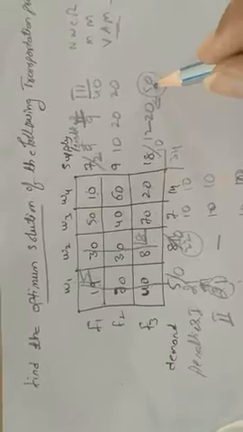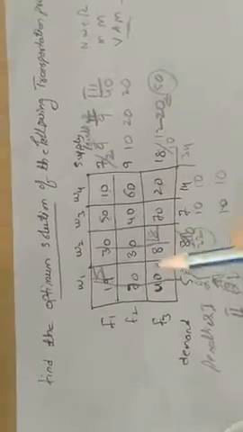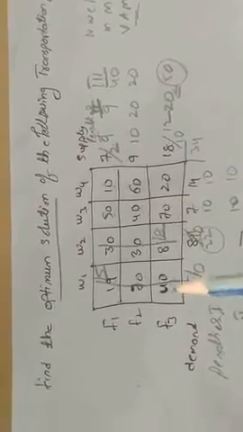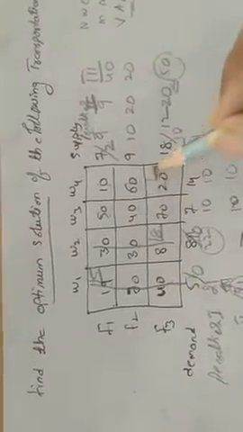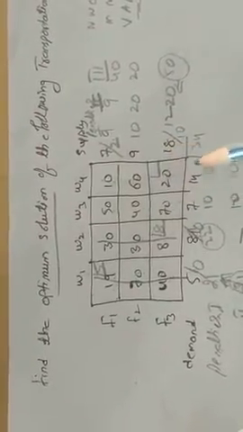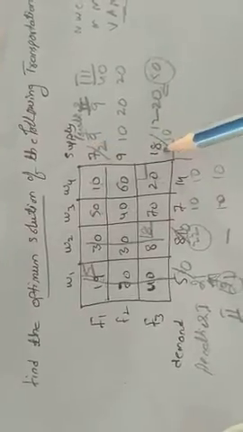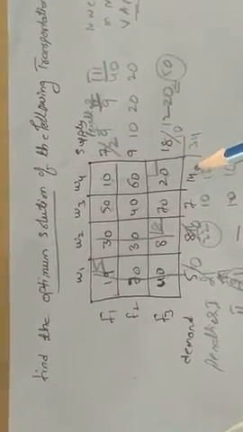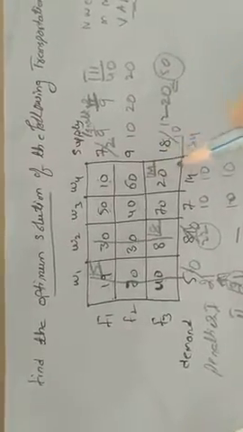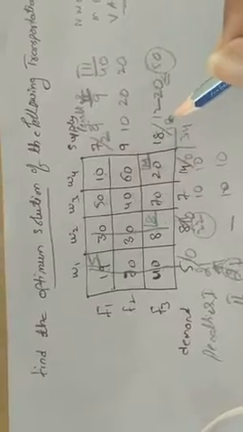And identify with respect to this element. So this side, that is the F3 row. In the F3 row, which is the smallest element? W2. So observe the demand side and supply side. Demand side 14 is there, and supply side is 18. Which is the minimum? 14 or 18. 14 is there. So I'm assigning 14. After assigning this 14, we have to deduct 14 minus 14. We got the 0.